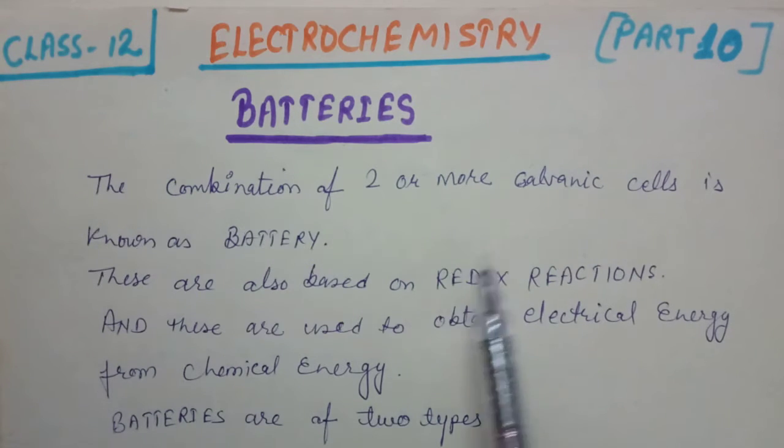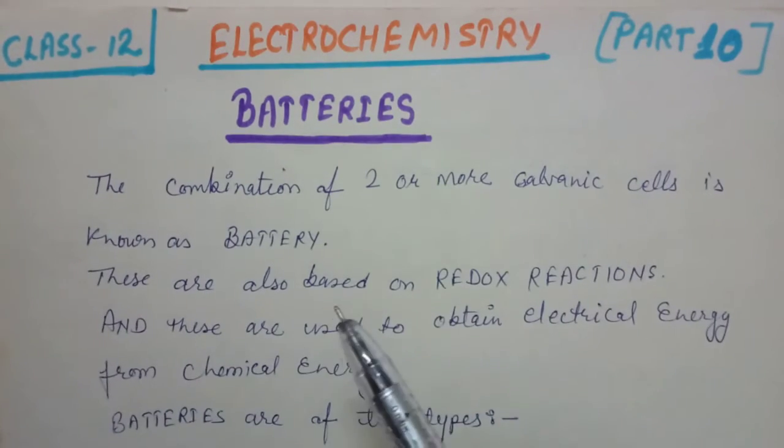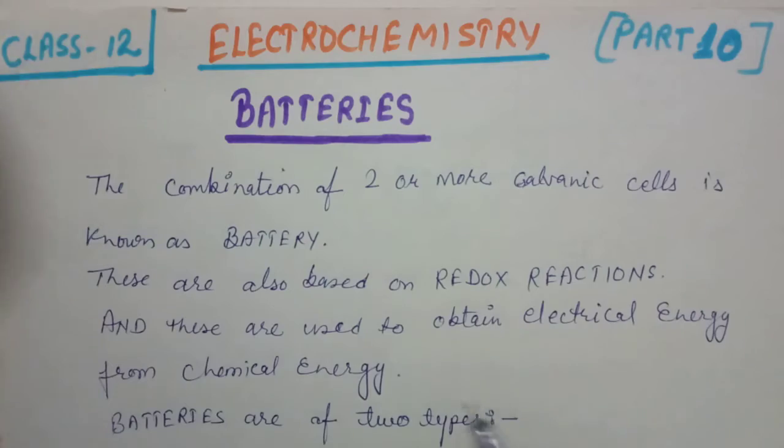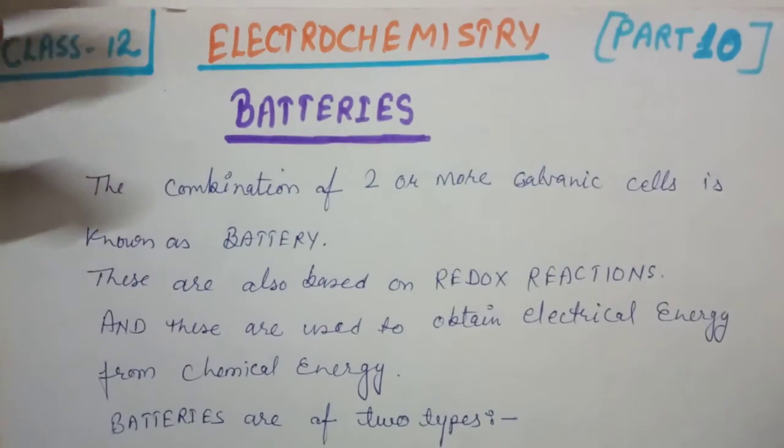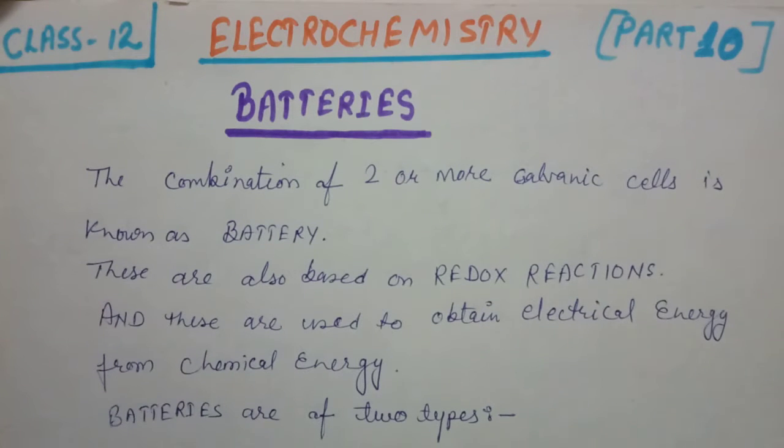In this video we will discuss batteries. Okay, battery. What is a battery? As we have seen in torches, in remotes, in wristwatches, in wall watches, batteries or cells are used, and an inverter is also used in our homes. What are these cells, or what is the inverter? These are actually batteries.